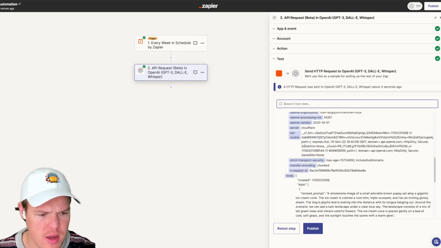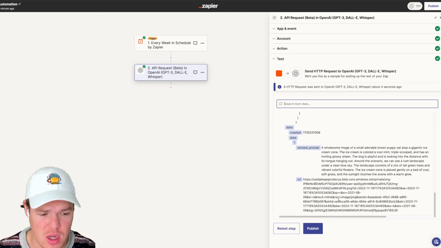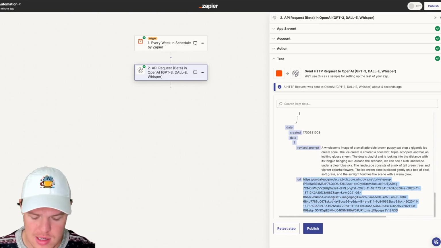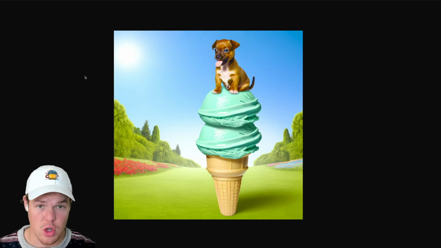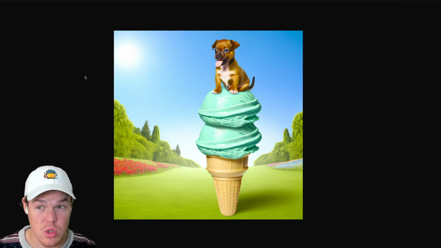All right, so scrolling down here, if we come all the way to the bottom, our payload that we care about, because it's going to be the actual image itself, is going to be the URL. So I'm going to go ahead and copy this and then open a new tab. Okay, so this is the version as natural. It does look better than the original model, of course, but let me show you what this looks like as